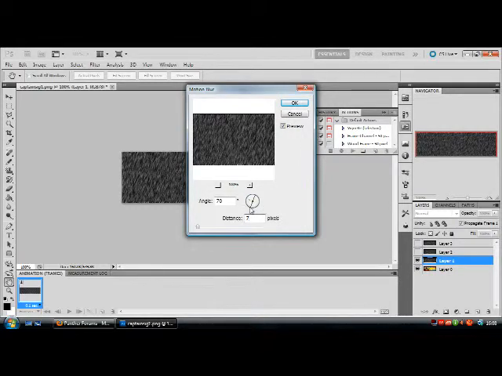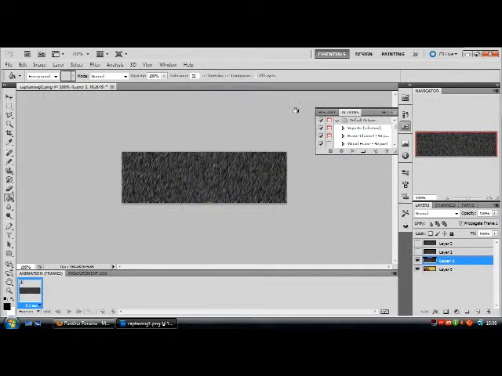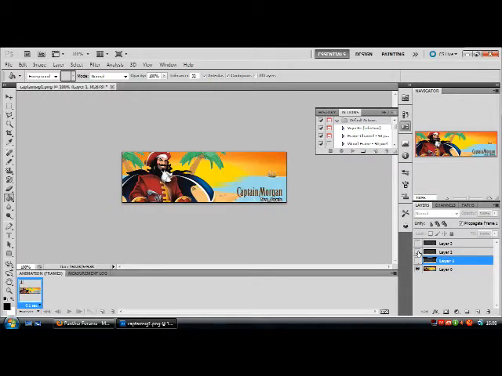Now you want to change the angle of your rain to whichever angle you want to have it coming from. Now I recommend like 60, anywhere between 60 to 70 odd as your first layer, so I'm going to go for 72 and click OK. Now that layer is completely done near enough, so we're going to hide that and